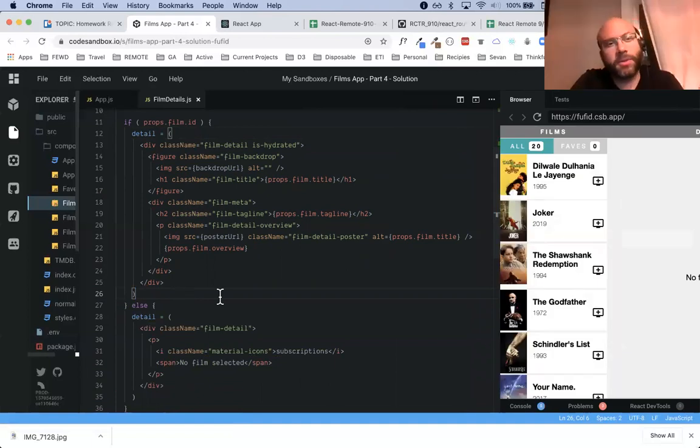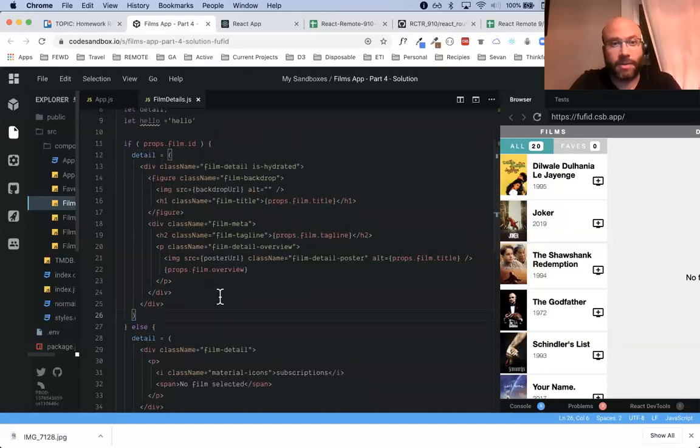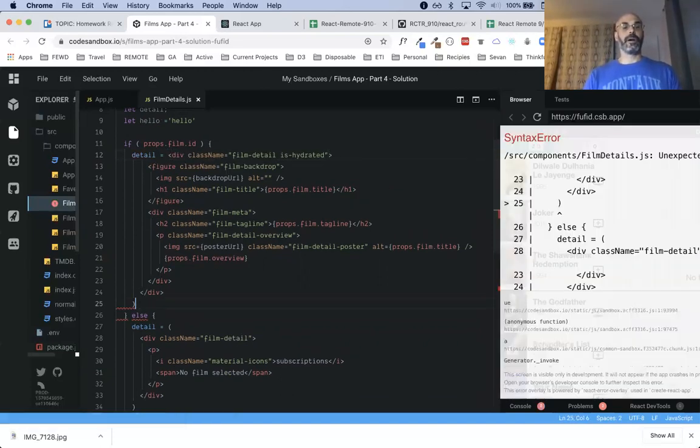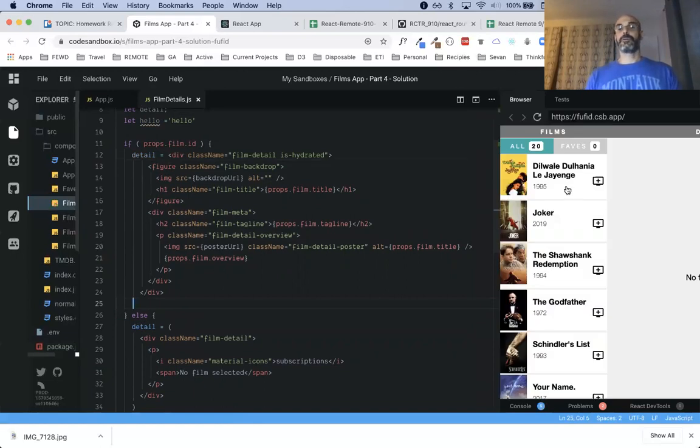I guess what confuses me is that when I assign a variable like this without the parentheses, if I did this in just plain old JavaScript, I think I'd get an error. Is there something special about React, because it's JSX, that I don't get the error? Yeah. I think if we did this, let me see if I put it up here. I want to see if it errors out.